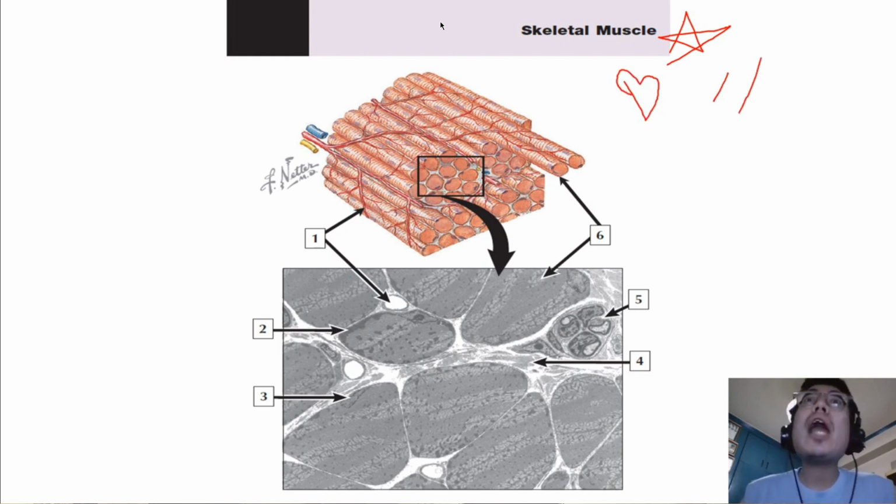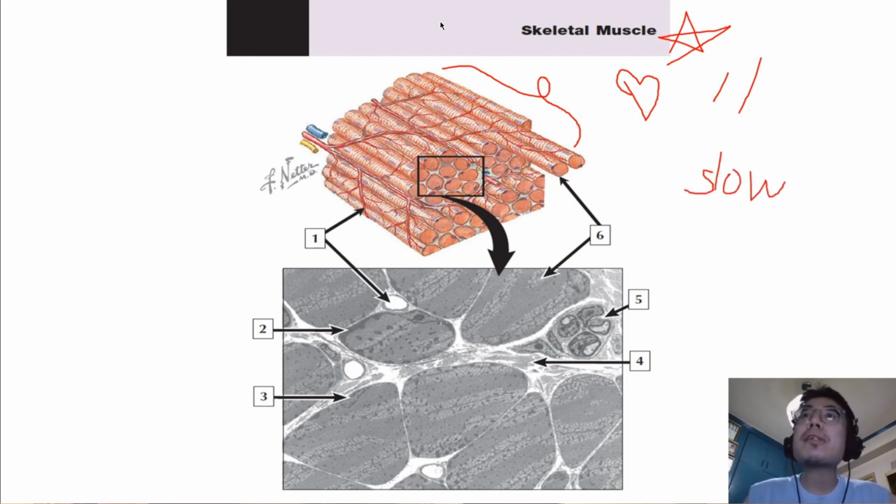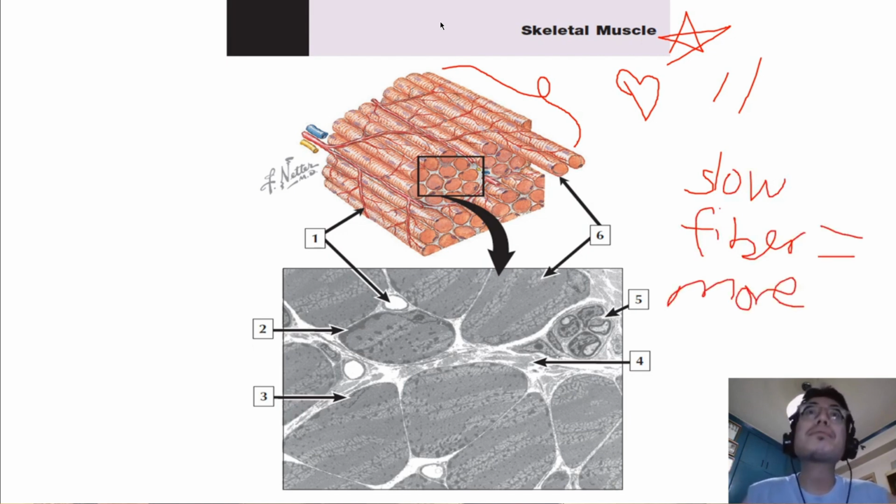Skeletal muscles contain elongated, cylindrical shaped muscle fibers that have multiple peripherally located subsarcolemmal nuclei and a sarcoplasm filled with contractile filaments. Varying amounts of mitochondria are present depending on the skeletal muscle fiber type. Slow fibers in skeletal muscle are smaller in diameter and they contain more mitochondria than fast fibers.